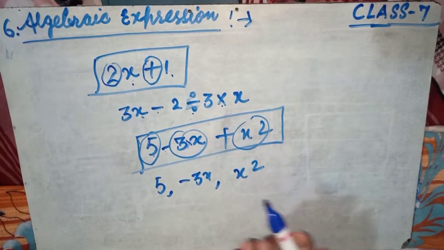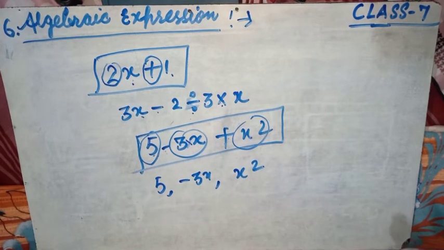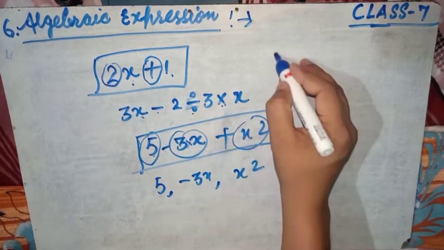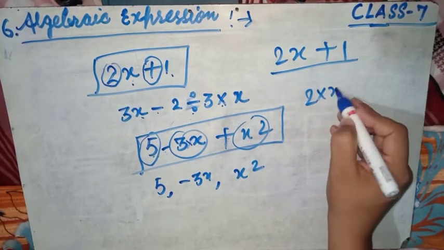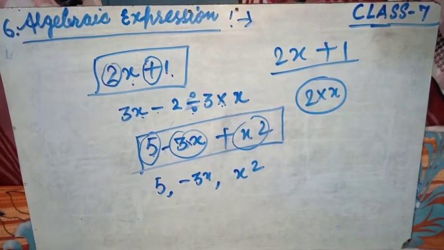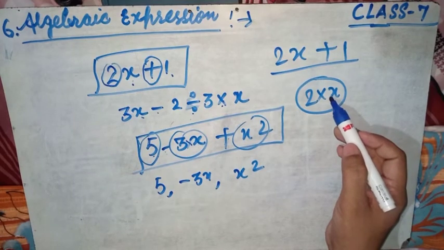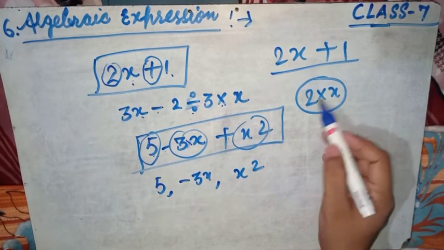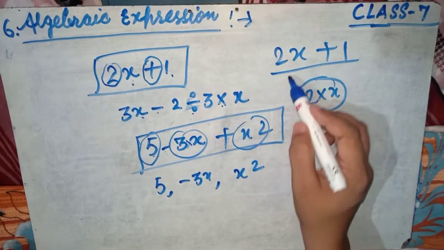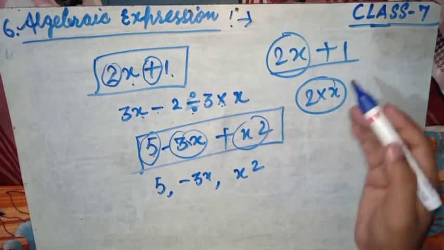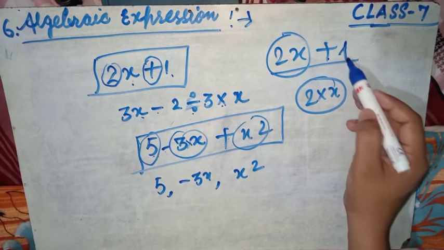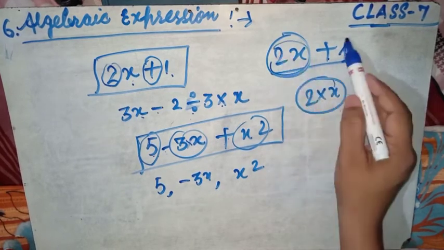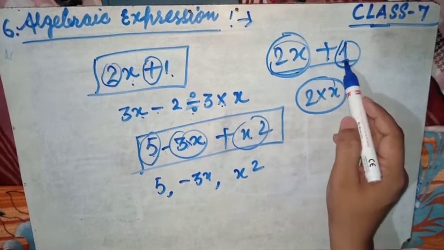That means where there is a plus sign we can separate into another term. Here have a look, here is 2x plus 1. That means 2x means 2 multiplied by x. This is considered as one term. This is not two terms. A multiplication between two factors is considered as one term. So 2x is only one term, and separated by this plus operation, after this here is the 1. So this is the first term and this is the second term. The total number of terms is 2.